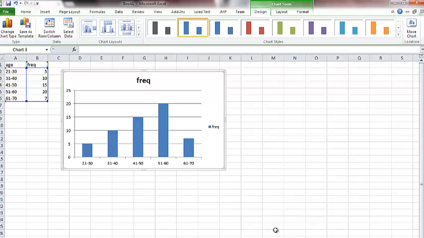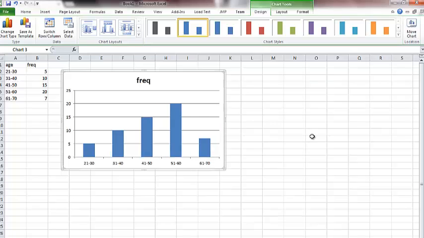What I get is this graph right here with the labels down here and the labels over here for frequency. That's kind of automatically done for you. If you want additional labels, I'm going to click on that frequency right there and I'm going to delete that. If I want to actually type the words age groups or frequency over here on this axis,